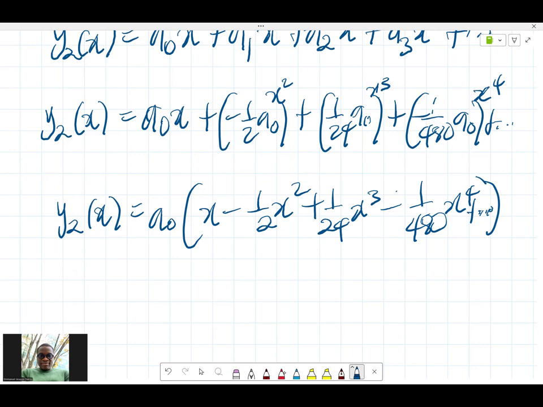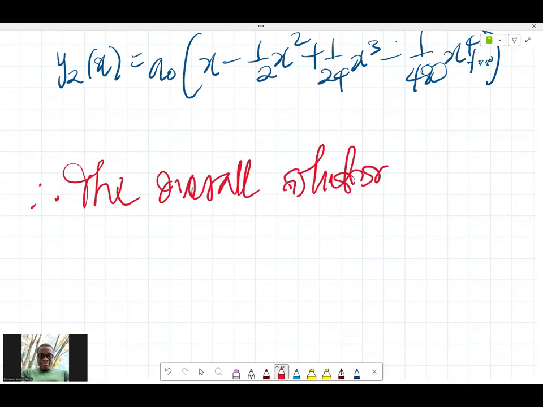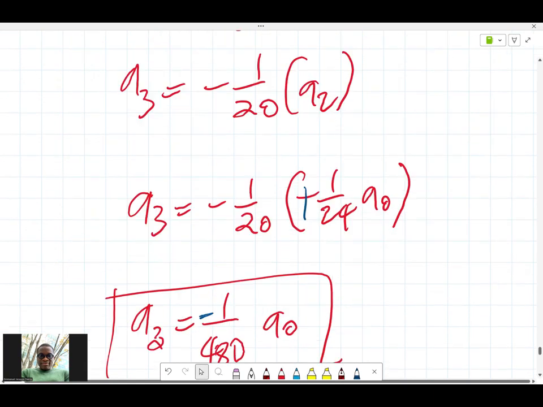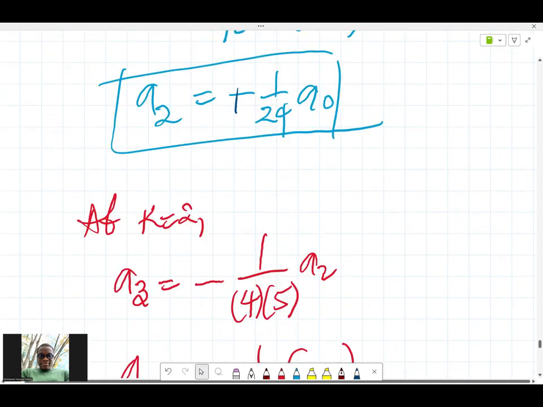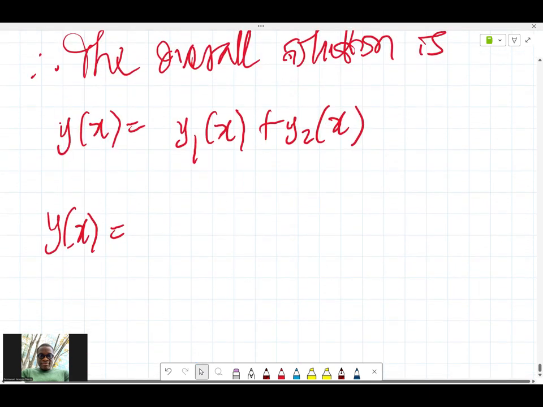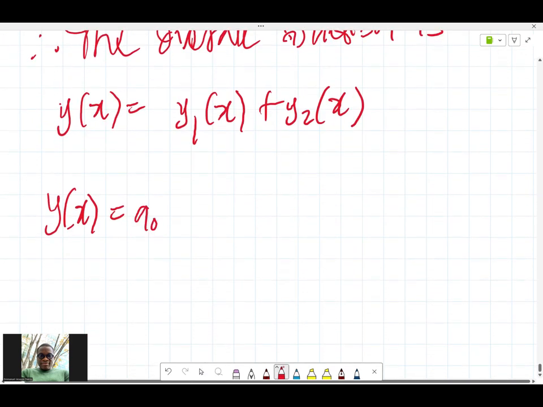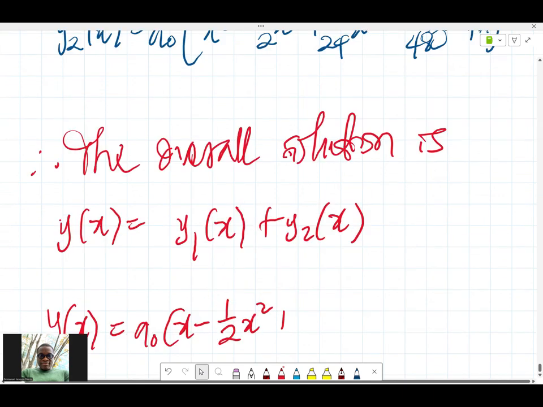So finally, you can say, therefore, the overall solution is y of x, which is equal to y1 of x plus y2 of x. That means we have y of x equal to, for the first part, y1 of x, a naught into x minus half x squared, we can even start with this one since it's a naught. Anyone that comes first is fine. So we have a naught into x minus half x squared, plus 1 over 24 x cubed, and so on and so forth. Plus the other one,